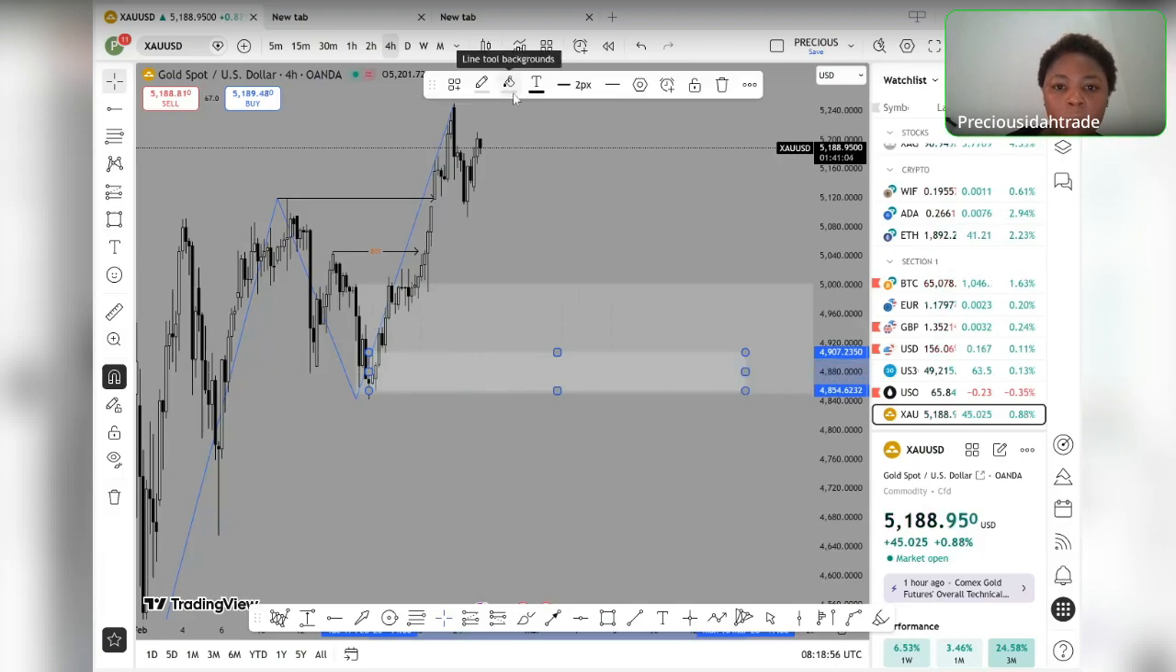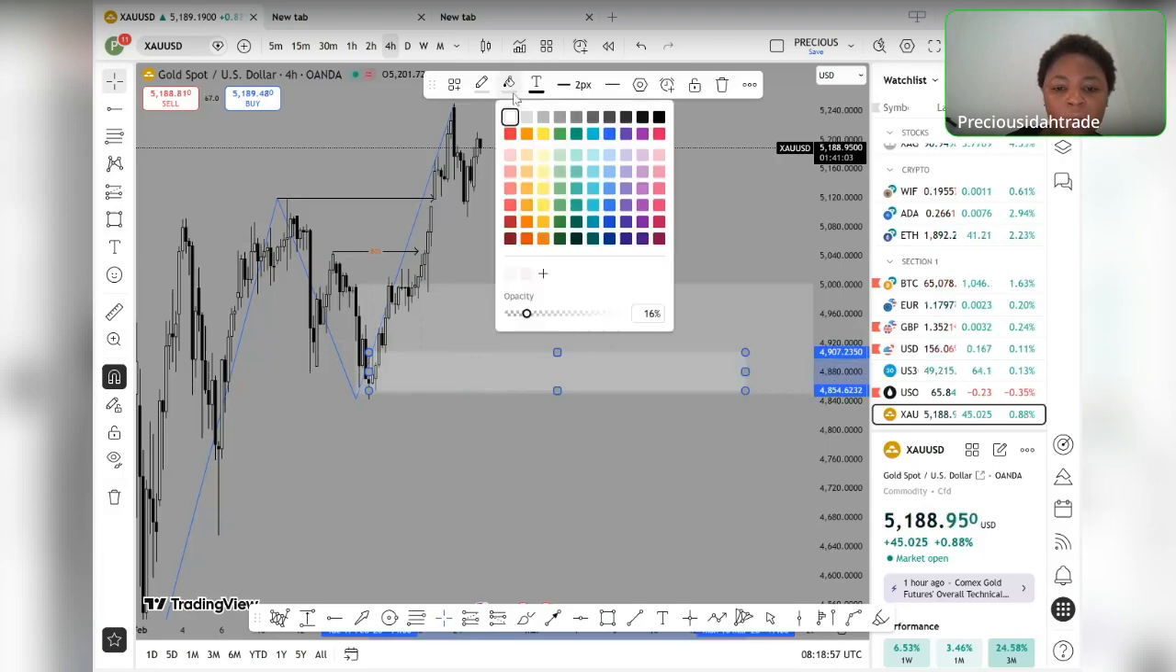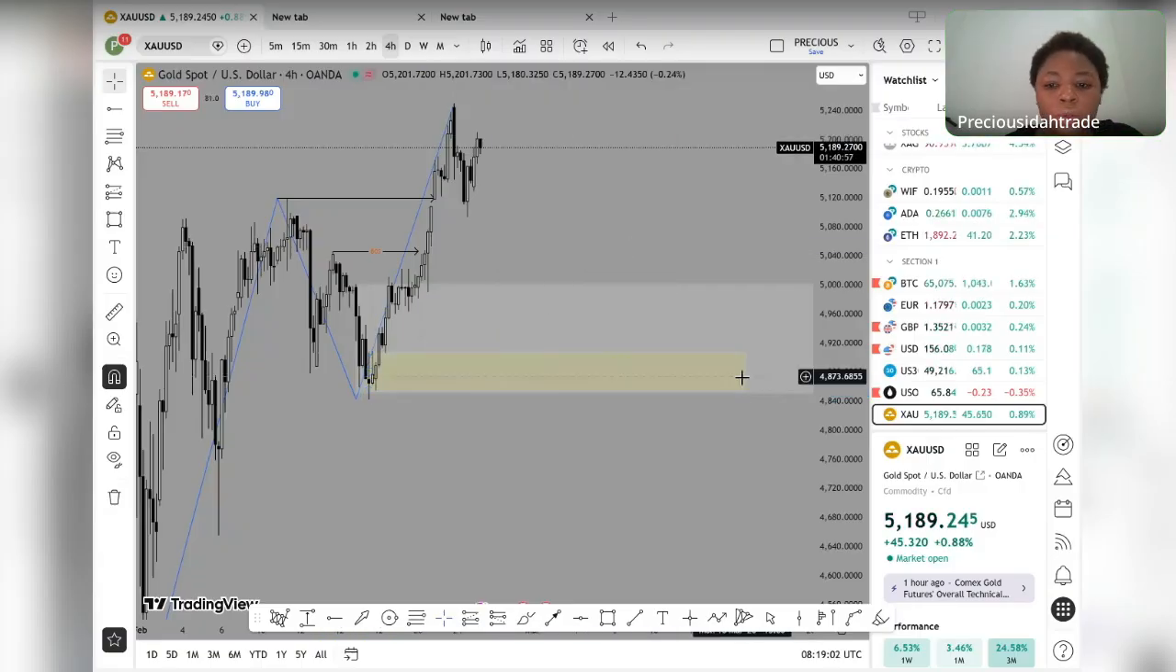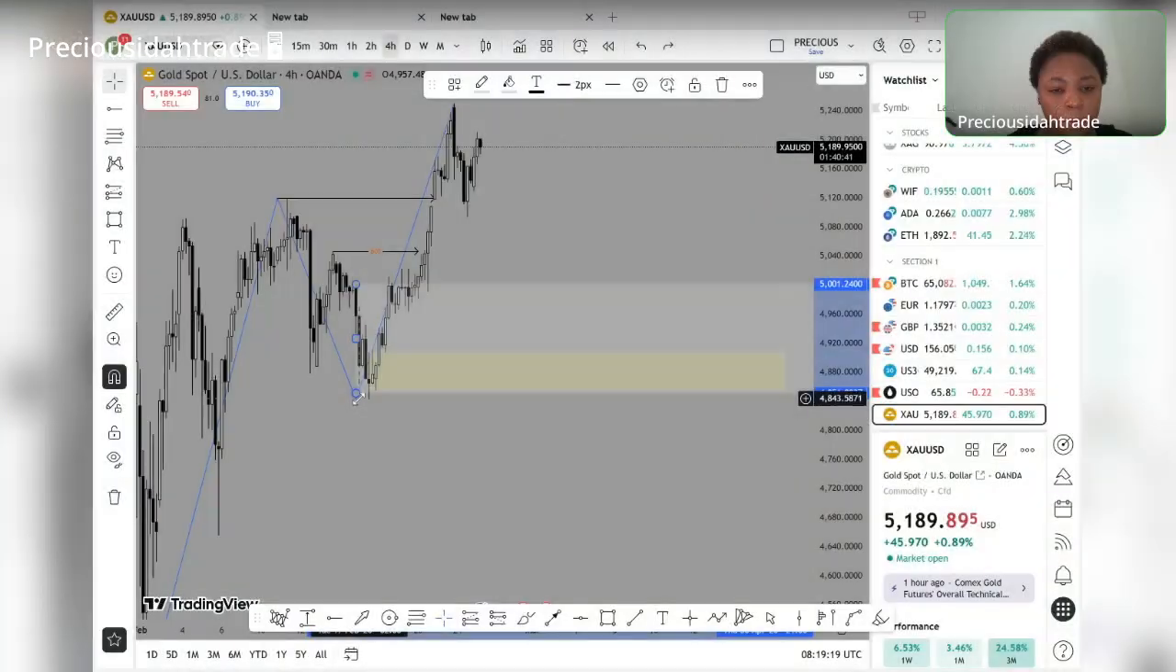Okay, let's change the color of this thing. Okay, good. So this is my order block here on 4 hours. This is my order block. If we are marking the structure on 4 hours now, sorry, if we are marking this structure on 4 hours,